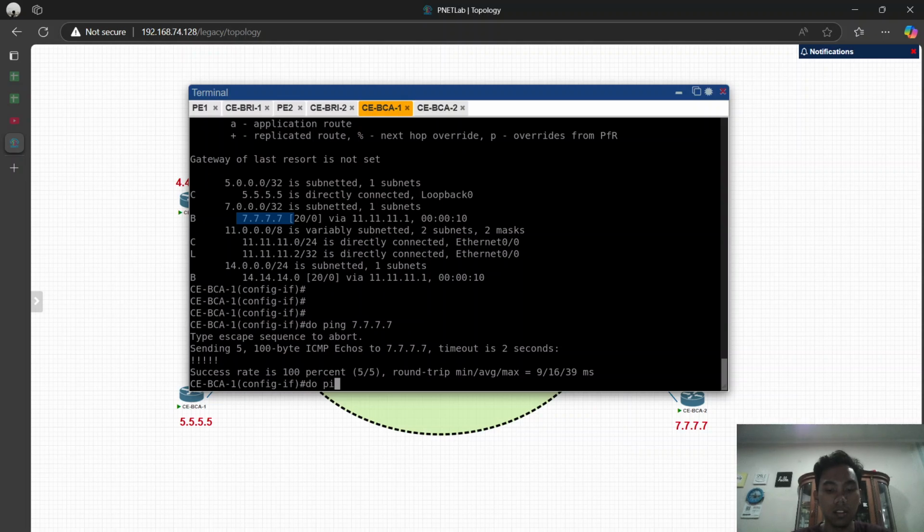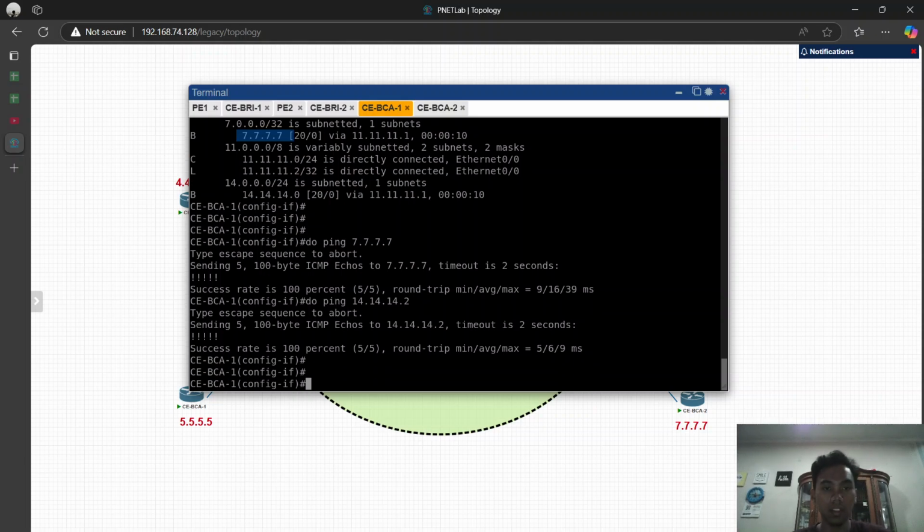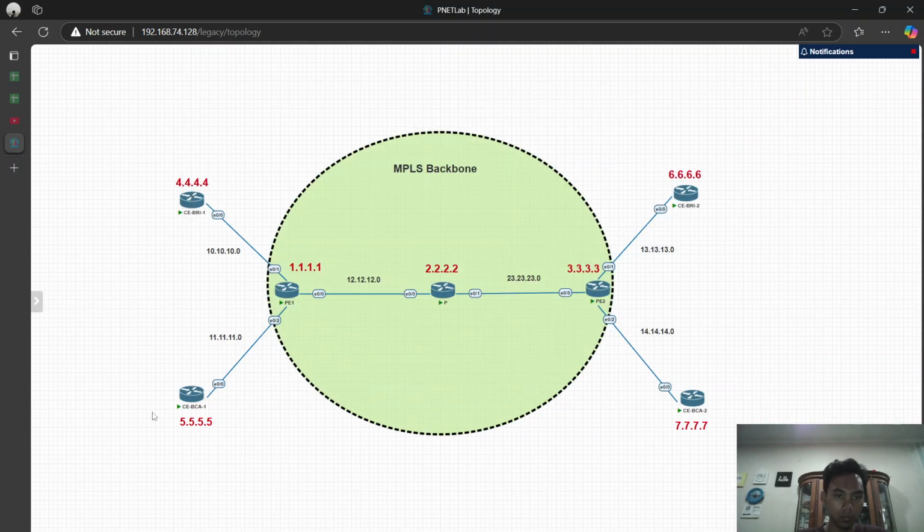Okay, and ping to the IP address. Okay, so now CABCA1 can send the packets across the MPLS backbone to the CABCA2 with routing BGP.